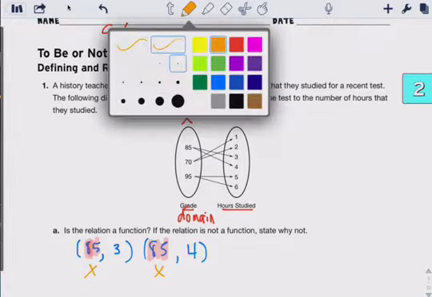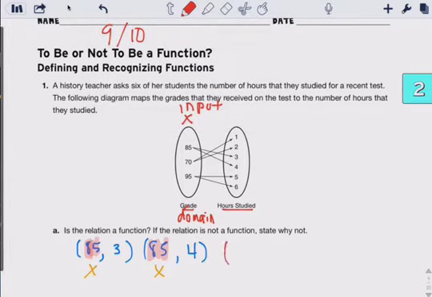In this case, 95 also goes to 5, and 95 also goes to 6